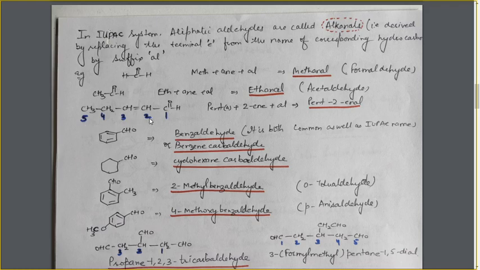Now, as there is no group as substituent, so the name becomes, for the 5 carbon atoms, the root word is pent, and for unsaturated nature of the carbon chain, we will place ene, that is double bond. The position of the double bond is 2, it's 2-ene, and for aldehyde group, we will place al. We will not indicate the position of aldehyde group because it is a chain terminating group and it is placed always at the end of the chain.